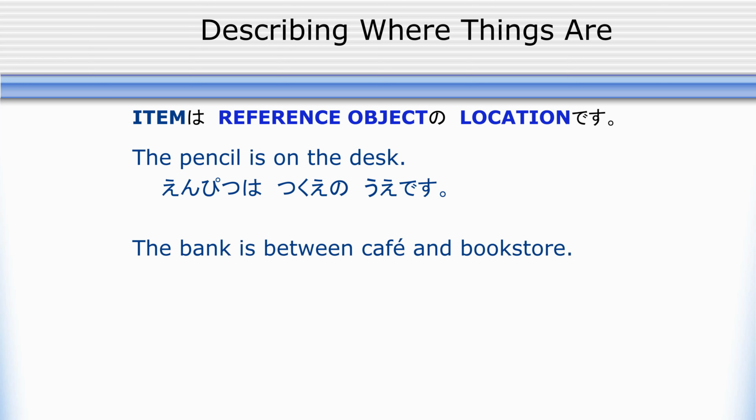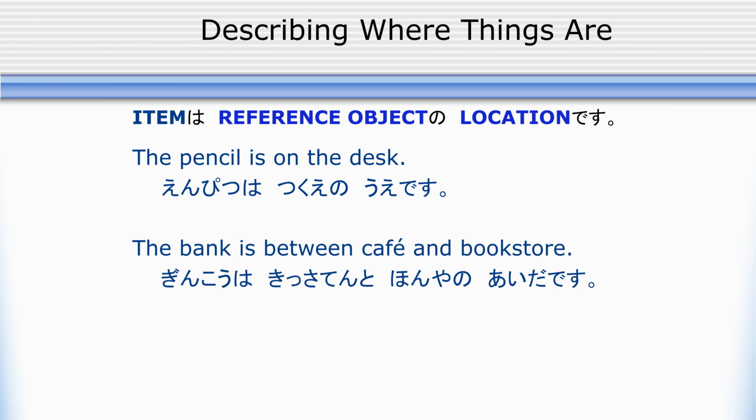How about this? The bank is between the cafe and the bookstore. So 銀行は... Sorry, the old book had 喫茶店. Your book has cafe. I apologize. 銀行はカフェと本屋の間です。So we have A と B の間です。